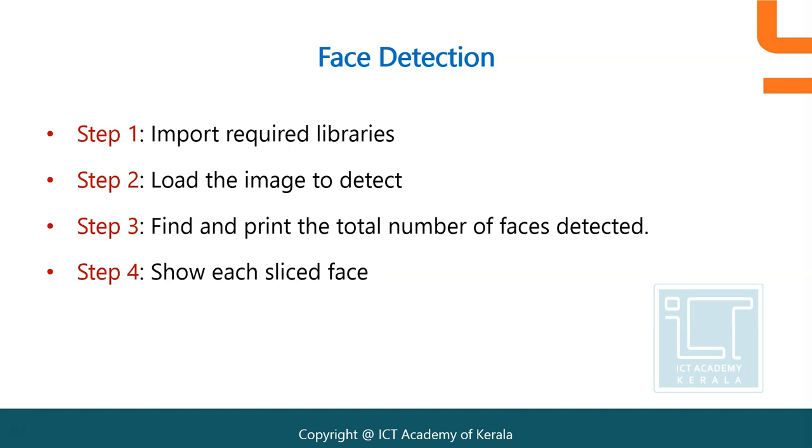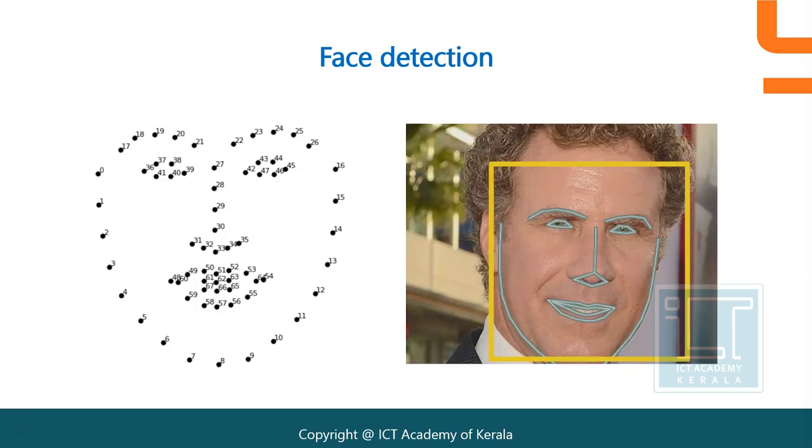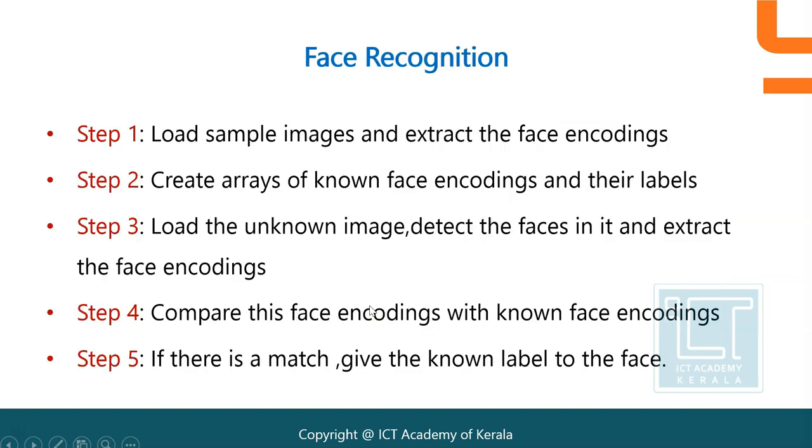So you might be wondering how you are getting those faces from that image. For that, we are using 68 feature values from your image. You have these 68 values which will differentiate a face from the rest of the image. You can see a representation of these 68 values on the face of this person. The next one is face recognition.